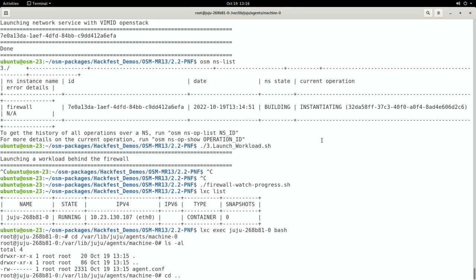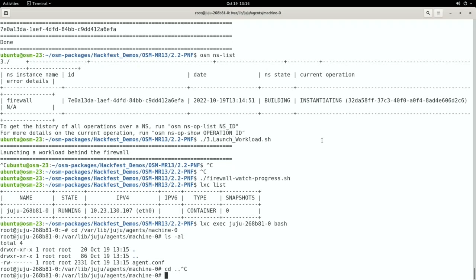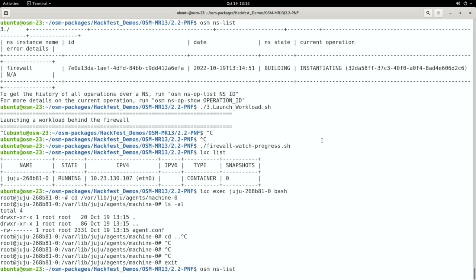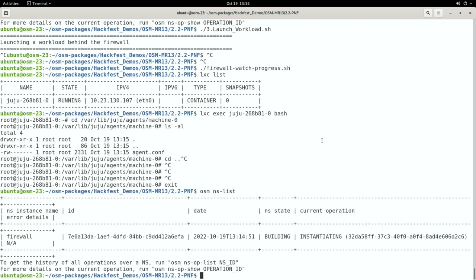Okay, let's wait for OSM to finish deploying. OSM-NS list. Building, instantiating still. The other thing that can be done... All good? Okay. The other thing that can be done is